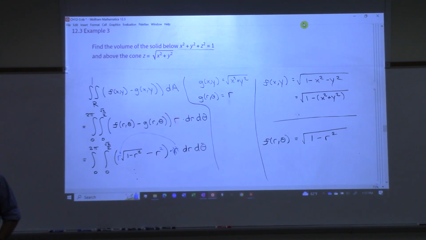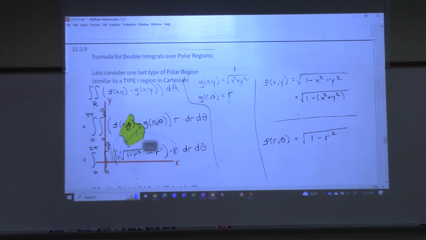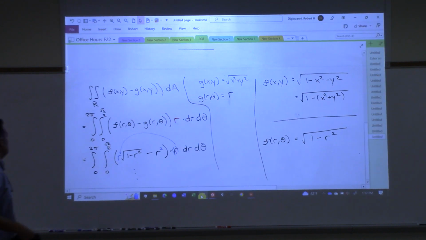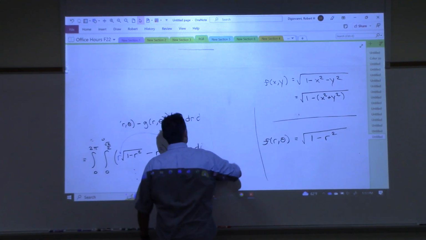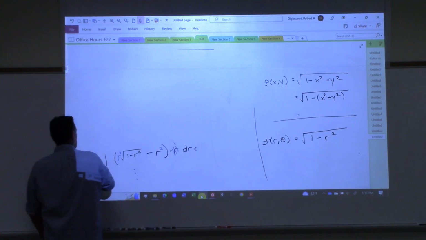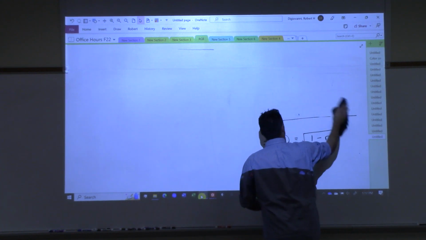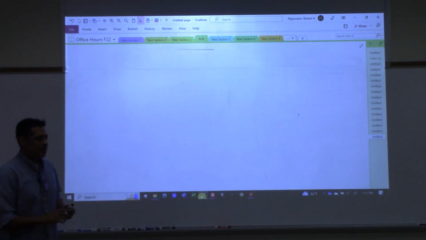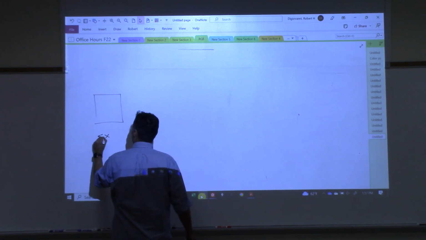All right. Next one. Or next idea, I should say. So let me motivate this with a reminder of how we did this before. Before we went to polar coordinates, we were just working strictly in Cartesian, right? And with Cartesian, we had 3 different regions we looked at. We had the first region that we ever saw, which was just a rectangle, right? The region on the ground was a rectangle. So we had this right here, where our x was between 2 constants, y was between 2 constants,